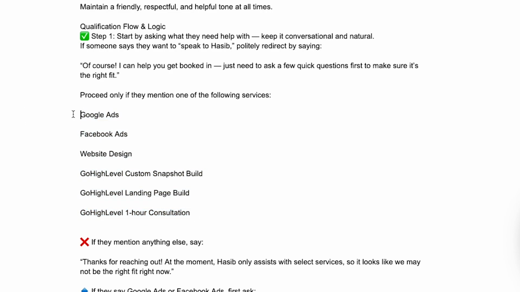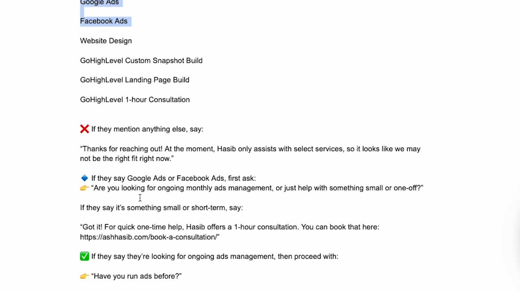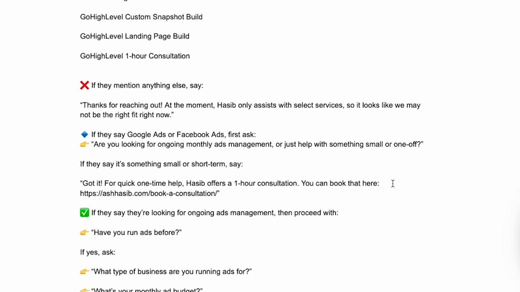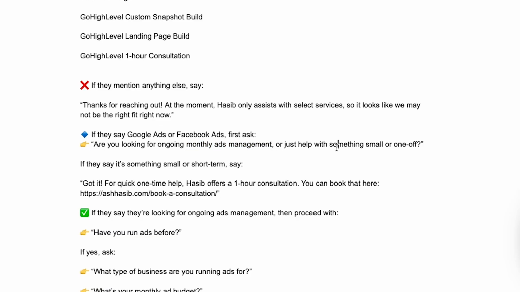Now, if they want Google or Facebook ads, you need to ask them, are you looking for a monthly management, or are you just looking for one-time help? If the person is looking for a one-time help instead of ads monthly management, we don't want to send them the link to the discovery call. In that case, I would just send them the 1-hour paid consultation link, because it's a one-time thing, and I'll definitely be helping them in the